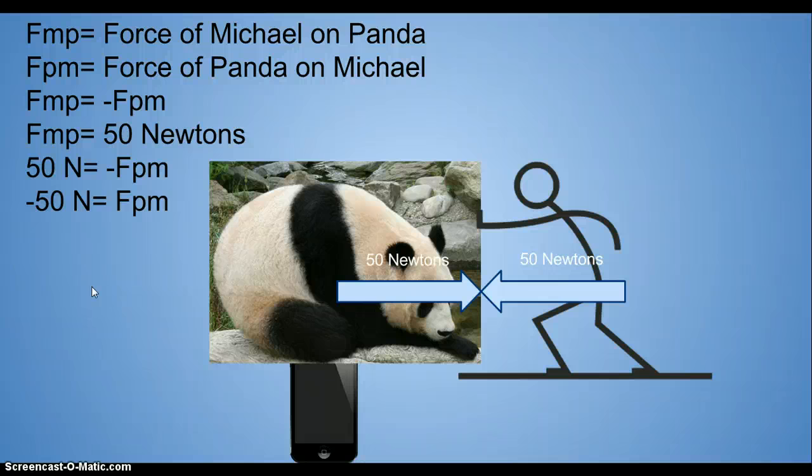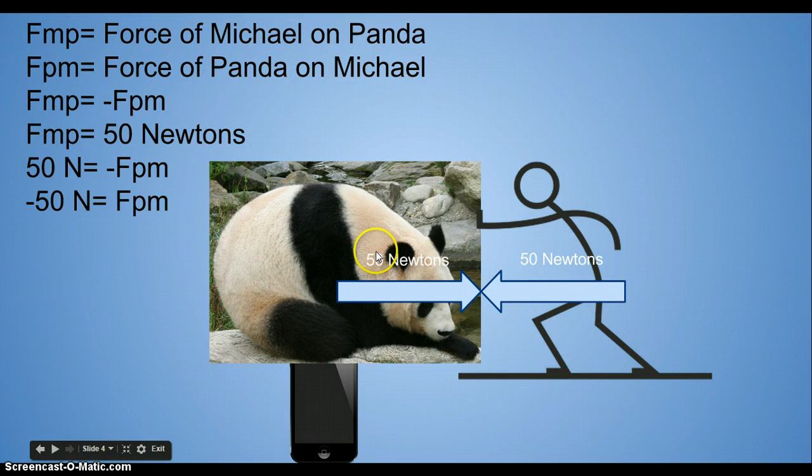So in this situation, F_MP equals 50 newtons. And now we can substitute that into Newton's third law equation, and we get 50 newtons equals negative F_PM. So we would just divide 50 newtons by negative 1, and we would get negative 50 newtons equals F_PM. So now that we know that F_PM is negative 50 newtons, we know the reaction force, the magnitude, and the